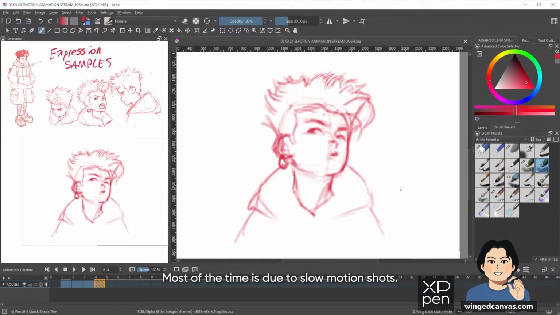Most of the time is due to slow motion shots. Oh, what are we talking about here? You want to draw with your pencil for paper on my iPad? What does that even mean? Traditional or digital? I can't watch movies on 2x speed.